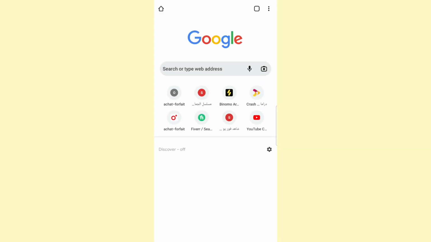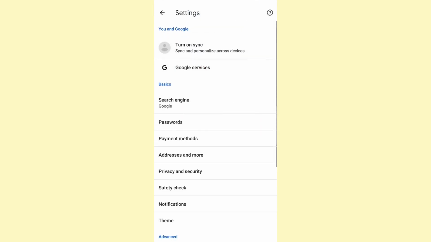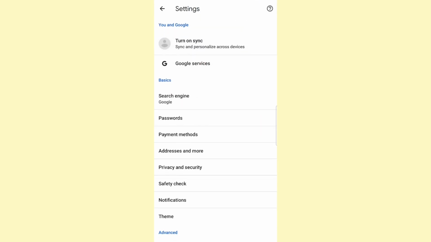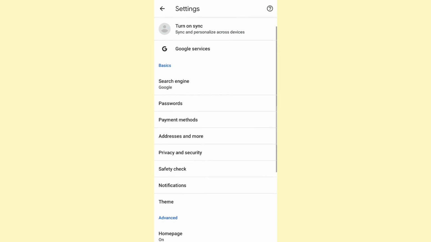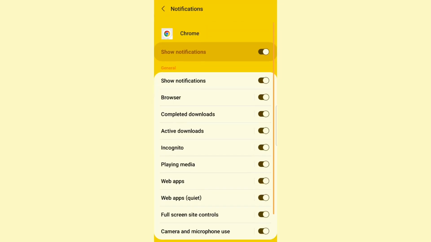So go ahead and open up your Chrome browser, and once you do that, you want to click on the three dots at the top right corner, then click on Settings. And here from the Basics section, you want to click on Notifications, and once you do that, you will be